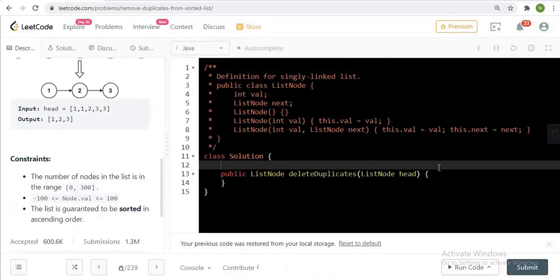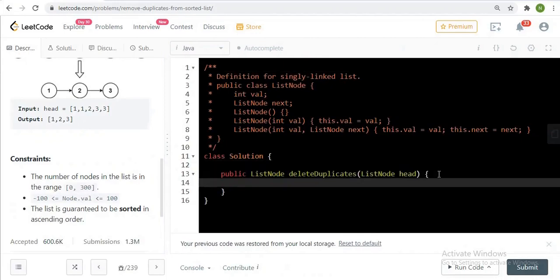As I mentioned, we have to take a set, set of type integers. Set is equals to new set.